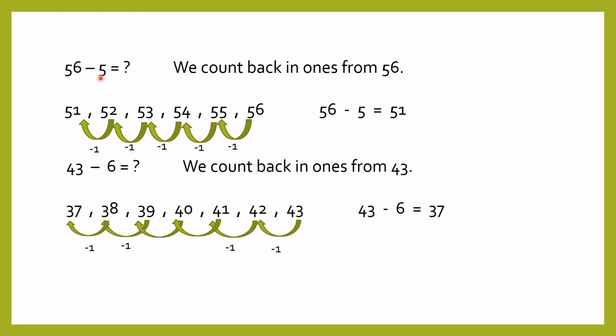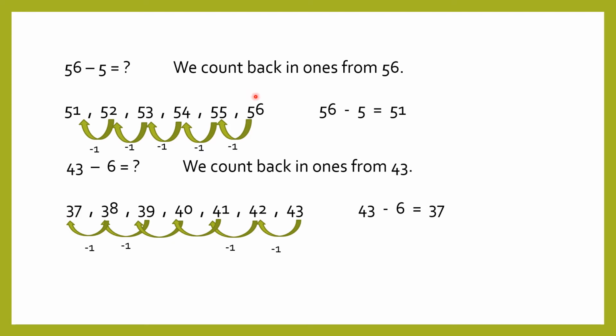Whenever you are subtracting two numbers, you have a number 56 minus 5. Okay, so 56 minus 5. Here I am going to use the counting back method. In addition, you used to do the counting on method. You used to move forward because we used to add. But whenever you are subtracting two numbers, you are going to count back. You are going to move back. Okay. And we are going to count back in ones because this is minus 5. Okay, this is a single digit number, so I am going to count back in ones.